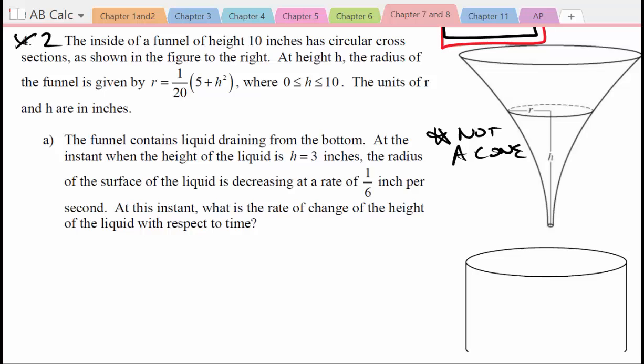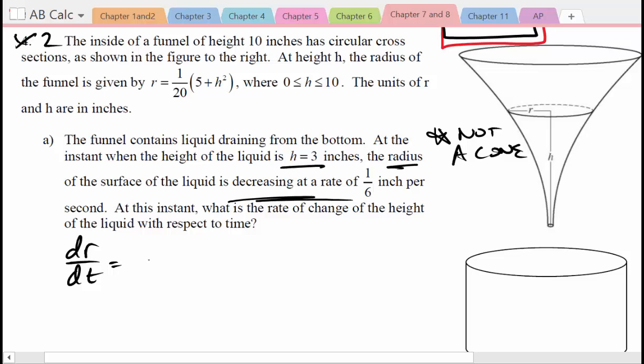The funnel contains liquid draining from the bottom. At the instant when the height is 3 inches, the radius of the surface is decreasing. So the radius of the surface is decreasing. That means dr/dt equals negative 1/6 inches per second. At this instant, what is the rate of change of the height of the liquid? So we're looking for dh/dt